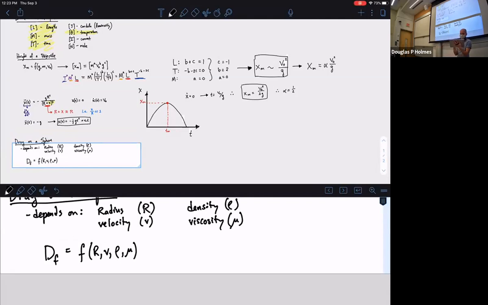We'll just map this from our unknown function f to something with our dimensions. So again, I'll use these square brackets to say I'm thinking about the dimensions of this object. It should be equal to my radius to the A, my velocity to the B, my density to the C, and my